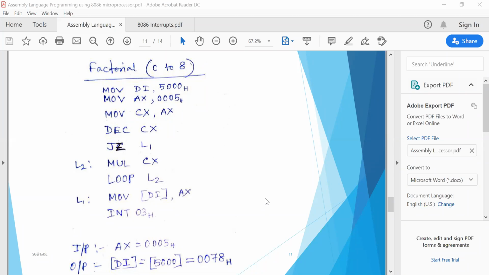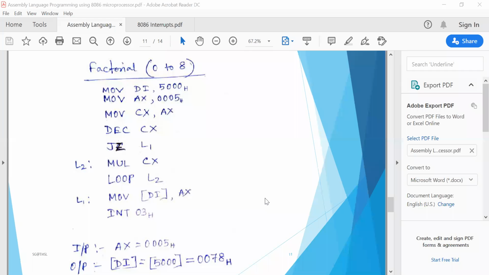Then the next instruction, which is loop L2. Now, why do you have to use loop L2? Because I need to multiply the result with the next content. I have multiplied 0005 into 0004. Then the next multiplication will be into 0003.